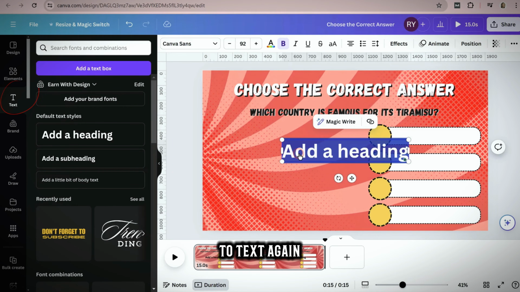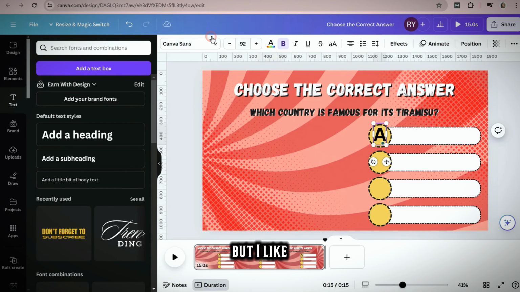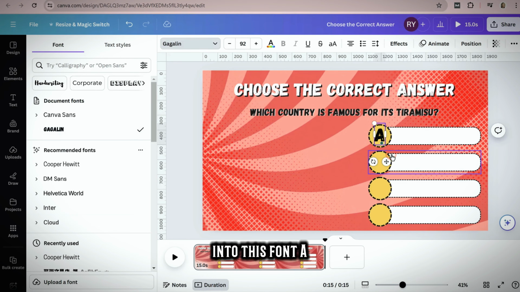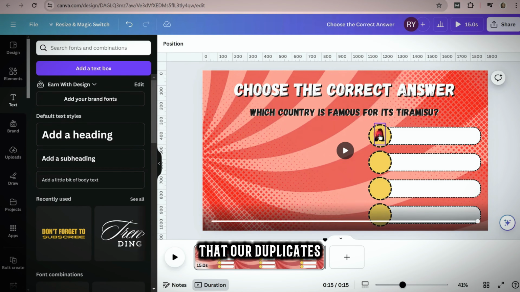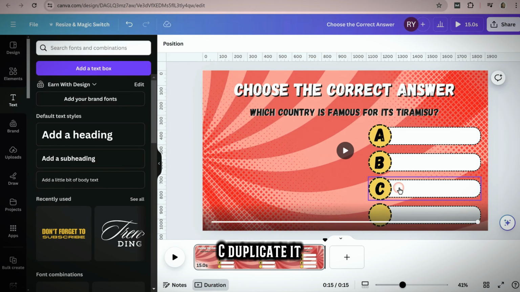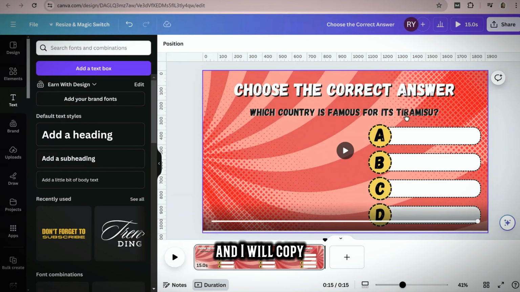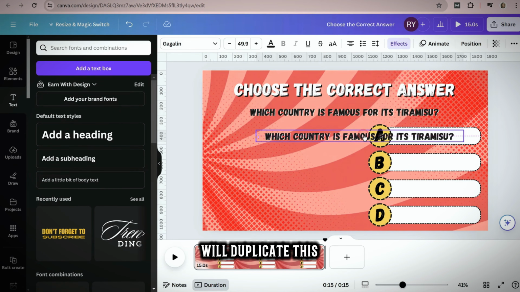So I go to text again, add the heading and type A. So I'll move it inside the box, but I would like to change the fonts as well. Change to this font A. Then I will duplicate the fonts and change to B, duplicate it, and now is C, duplicate it, and go for D. Then I will go to ChatGPT again, and I copy the answer,